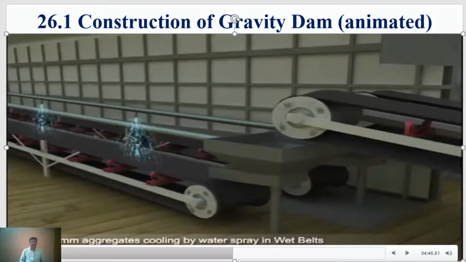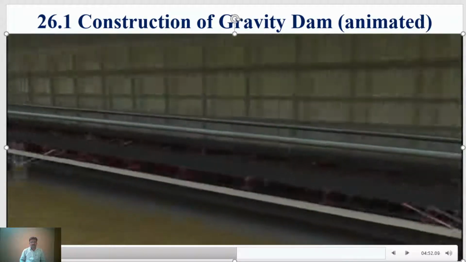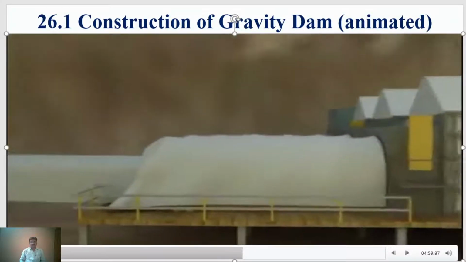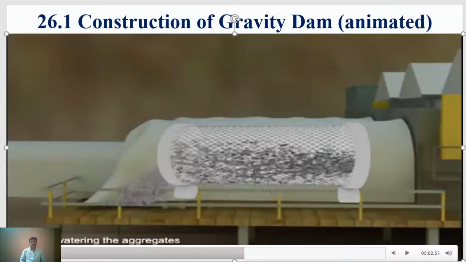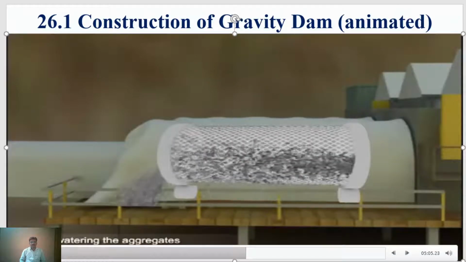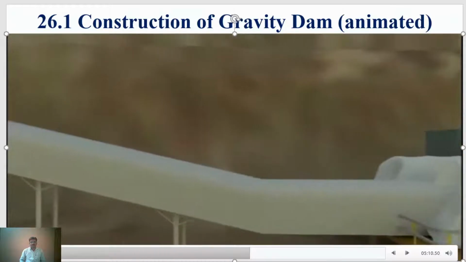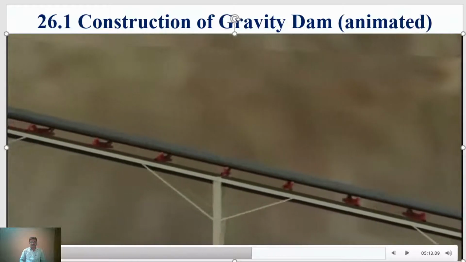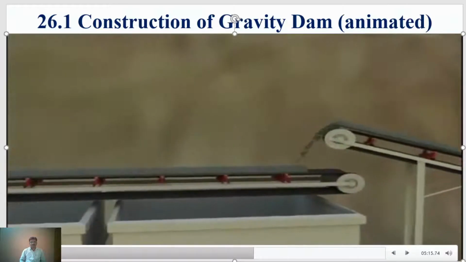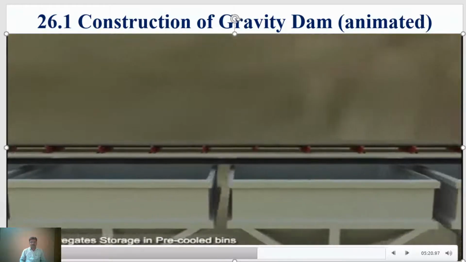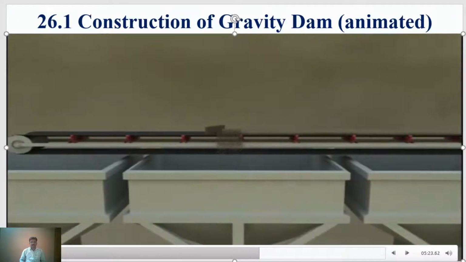To allow the extended time of travel for the aggregates in the wet belt, the conveyors move at a much lower speed. The temperature inside the wet belts is maintained at 4 degrees centigrade. Water from the cooled aggregates is removed by passing it through the dewatering rotating screen at the other end of the wet belt. Aggregates thus cooled are then carried via a closed conveyor and stored in pre-cooled storage bins. A strike plate mechanism installed over the conveyor directs the aggregates to fall in appropriate storage bins.